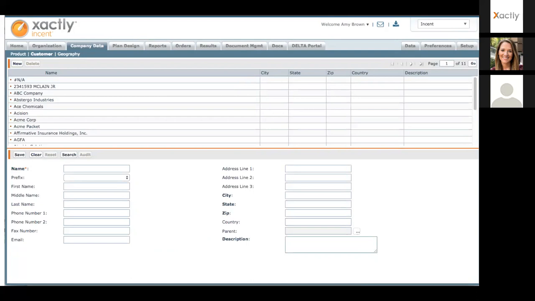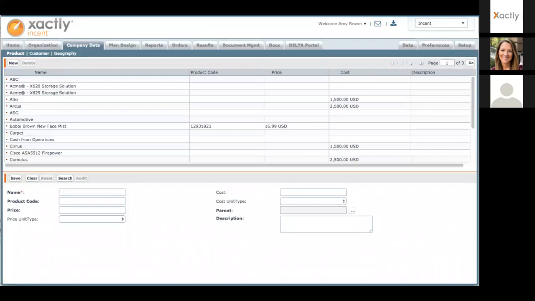So you're probably going to need to tie your commission data back at the customer level to be able to identify who you sold it to. So Incent allows you to do that. You can do this via automation. So if you send your transactions over to us in an automated file, you can include that customer information, and we'll automatically create those records for you. So you have that data available in the system for reporting.